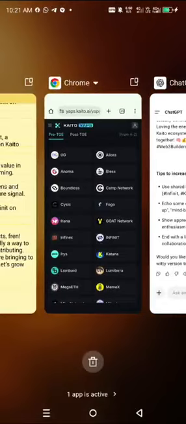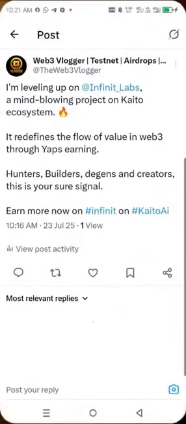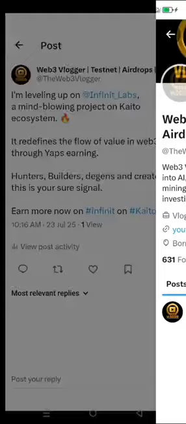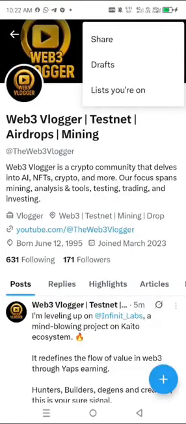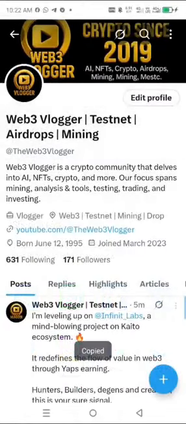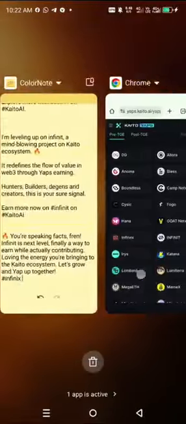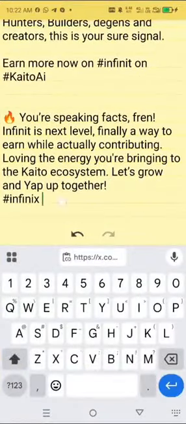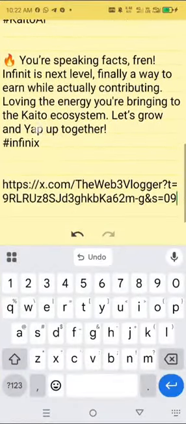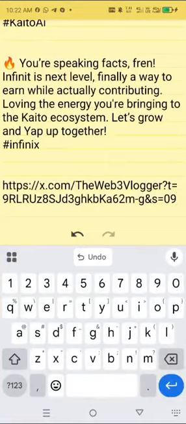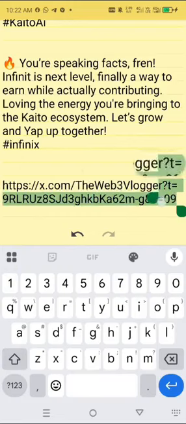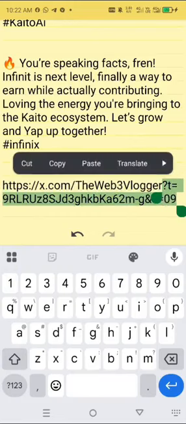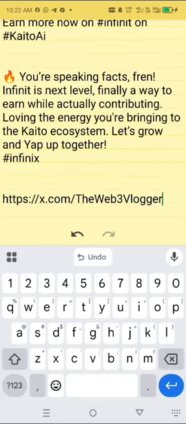All right, so if this is your X page, for example, and you want to do follow for follow, this is how you go about it. You just go ahead and copy your link. That's share. So once you are sharing, this is what you share. All right, so let me quickly put space here, paste the link. So from this HTTPS to your username, remove every other thing behind it. All right, this is my username. It ends here. So remove every other thing behind it. So let it be pure like this.